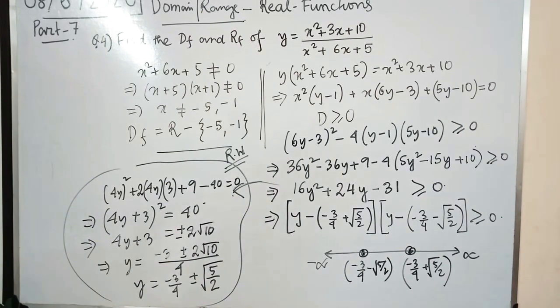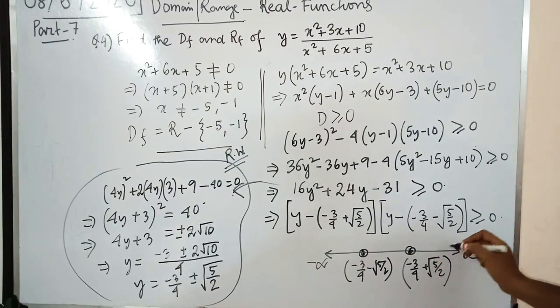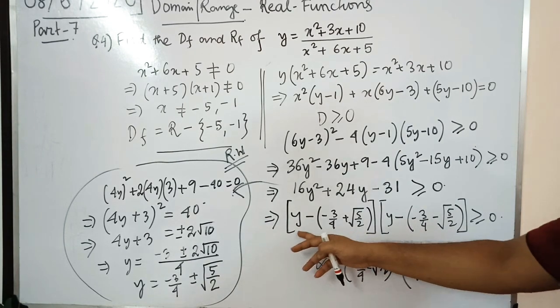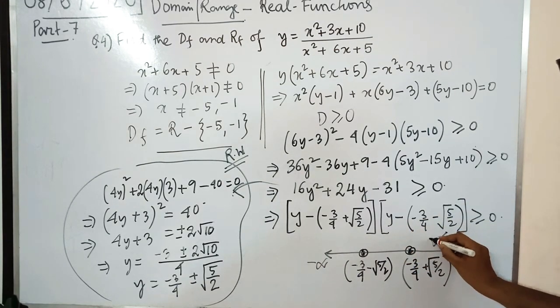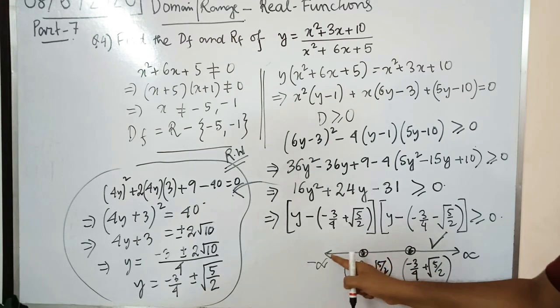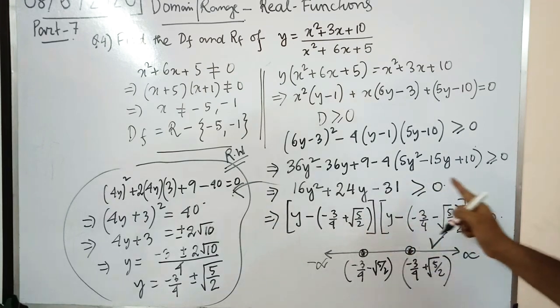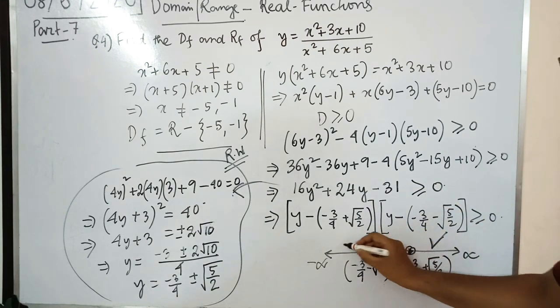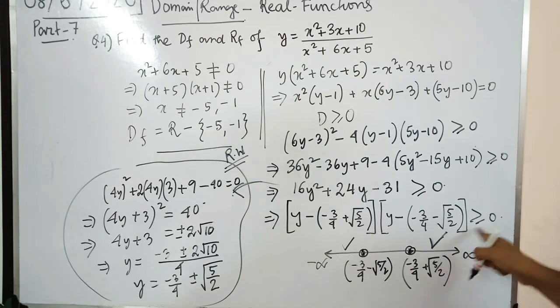So incidentally, if I put a bigger value, like 10 or something like that, this is positive, this is also positive. So both of these are positive, so this value is taken. The product is positive. Now if I take some very negative value, this will be negative and this will also be negative. The product will also be positive. Remember, this bracket and this bracket, the product has to be positive. So this is also taken.